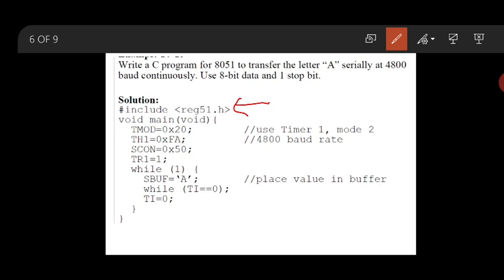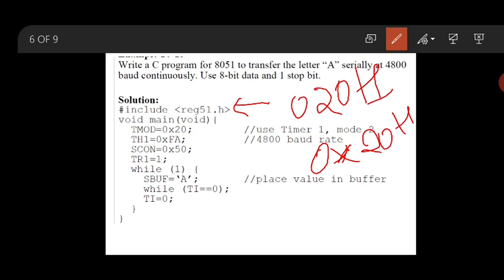Now 20h. Previously we might have seen a 0 and then h in assembly. But similarly, if there is an h, you can't use it in C. Instead of h, in order to represent that 20 is a hexa value, we have to use 0x20 in C. This is the representation in C. I hope you understood.